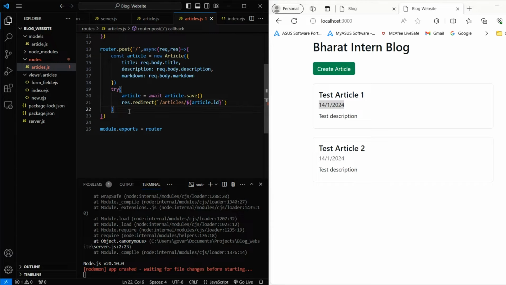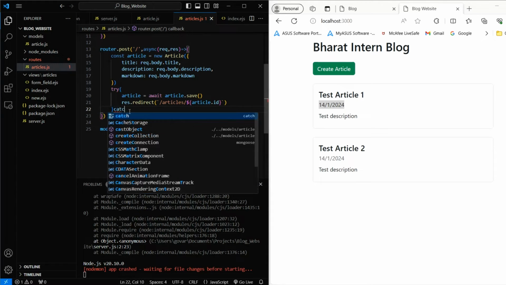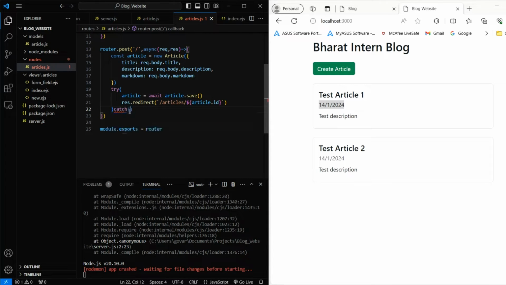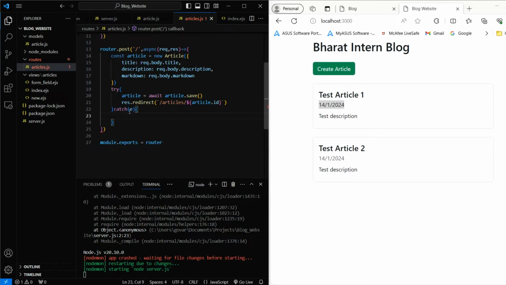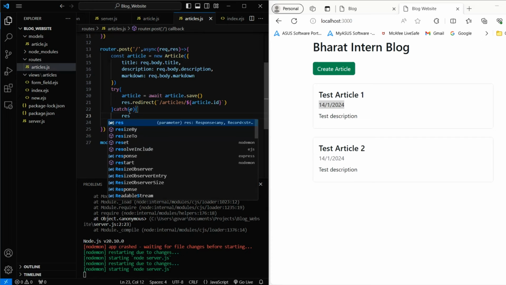Here I need to write catch also. When we use try, we automatically need to catch the exception, otherwise it will show an error, guys. If it raises any exception, then I'm going to response.render